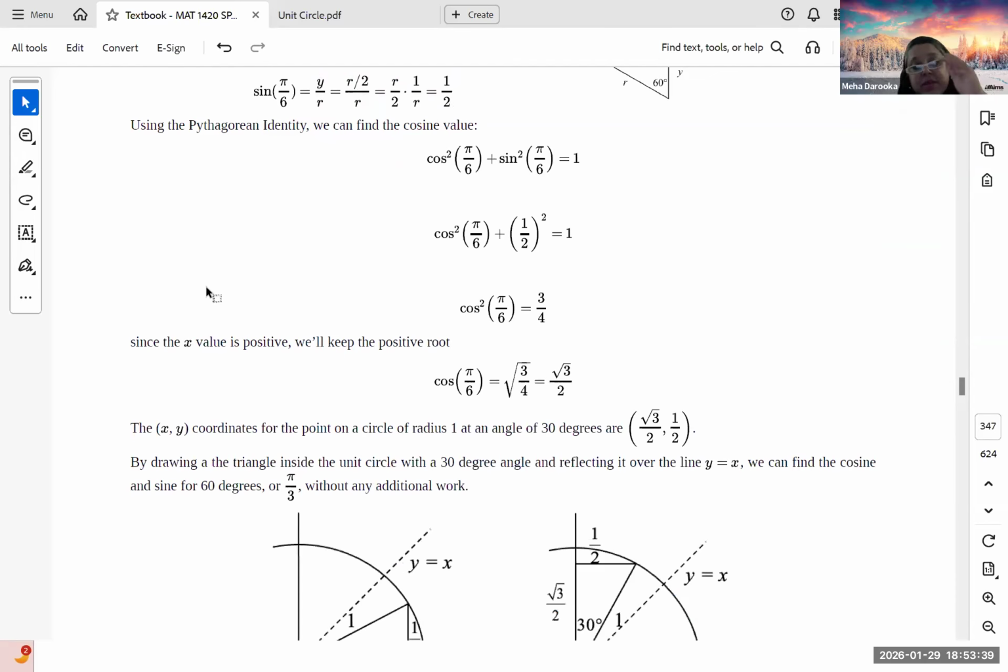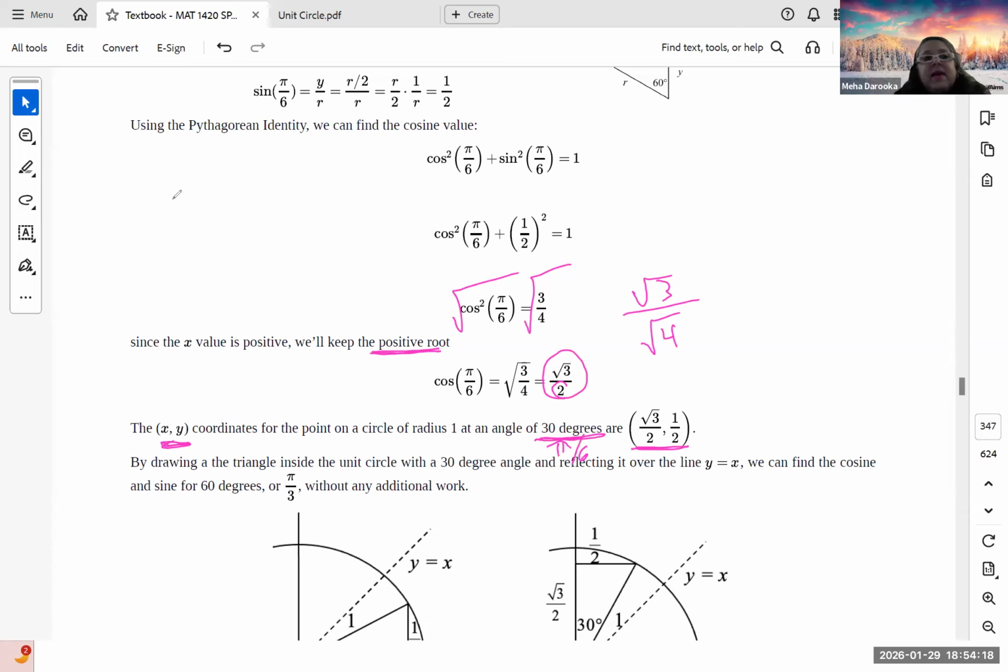So the cosine function, as you can see, once you simplify it, you will end up taking square root over here. Again, since we are on the positive quadrant 1, you will ignore the negative root and just keep the positive root. So you get square root of 3 over square root of 4, which of course square root of 4 comes out to be 2. And you can see your cosine comes out to be square root of 3/2, and sine function comes out to be 1/2,